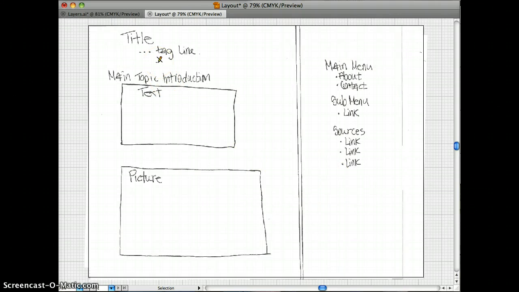Okay, so again, we read from left to right, so we're always going to start on this side. This one I do like. We have the title and then the main topic and some text and then a picture to support the text. And I like this because obviously this is the most important part of the page. And then over here we have menu, about, contact, some sublinks and sources. And those are things that the reader doesn't necessarily need to see or read. And so I think I like the separation and the order on this page. And the third one,